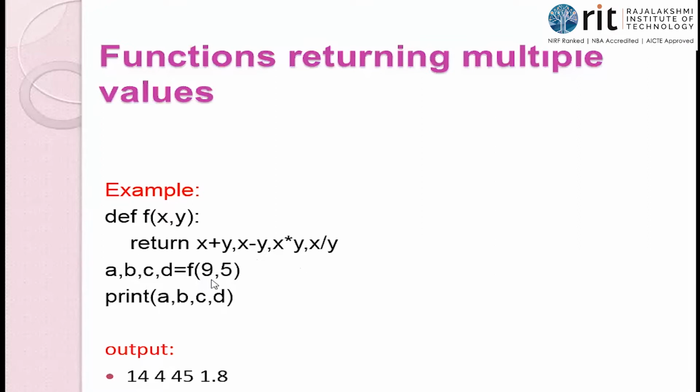f of 9, 5. What is f? You're not aware of what is f now. Okay. f பக்கத்துல நமக்கு brackets இருக்கு. That justifies that it is a function. So what happens here is the first line that gets executed by the interpreter is this line. a, b, c, d is equal to this line. நமக்கு தெரியும் assignment operator வரும்போது என்ன பண்ணுவோம்? We should focus on the right hand side. So இதுதான் நம்ம first execute பண்ண போறோம். f of 9, 5. f and then I have a parenthesis, meaning it is a function. It is a function call, isn't it?